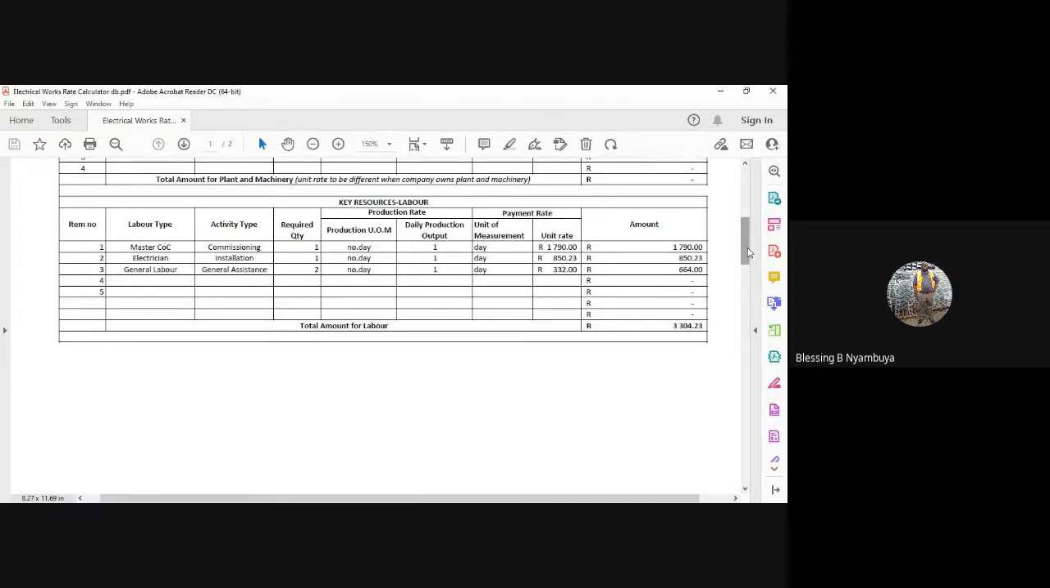Because we've got the master issuing the COC, we need to have the electrician doing the installation physically because of the kind of activity, right? We'll need one electrician for the day, and the production output is 1, and the unit of measurement is day, and the electrician comes at a price of